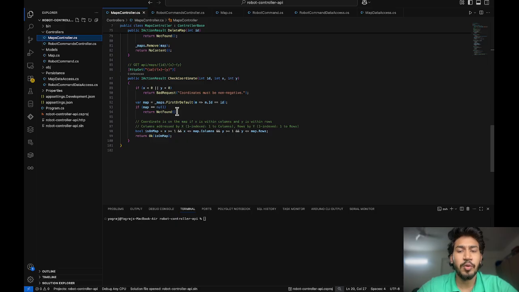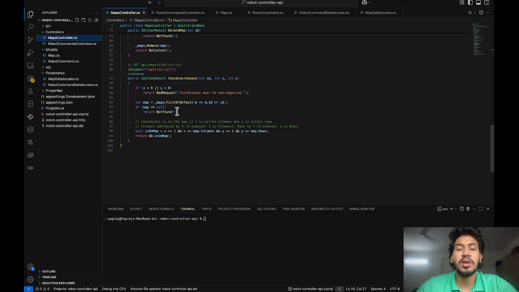This is the unique endpoint for maps, because here I am checking coordinates with three parameters. The first is the map ID, the others are the x coordinate and the y coordinate. If they are invalid, it returns 400, which is a bad request with an appropriate message. Then it finds the map by ID, and if it is not found, it returns 404.